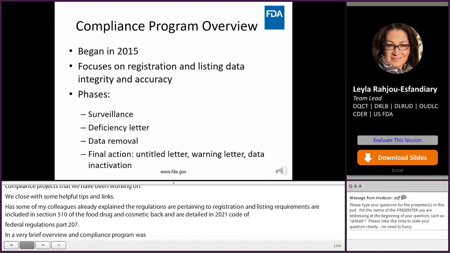And then once we find a deficiency, a compliance case is created against the data, and the deficiency letter is sent to the registrant or the labeler, depending on if we have a registration case, a listing case, or a labeler code case. If there are no actions taken after 30 days, the data is removed from the public sites. That includes the NDC directory for your drug listing information and